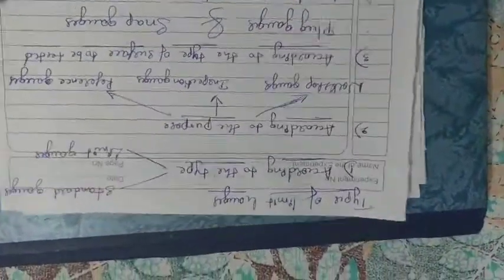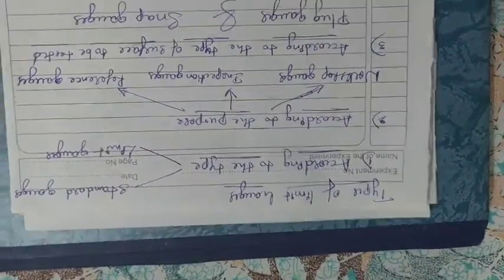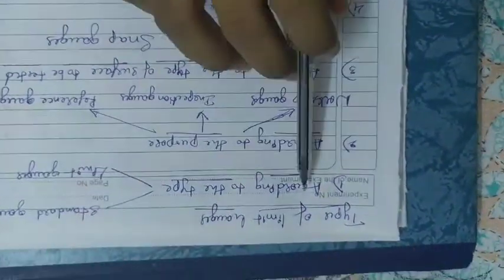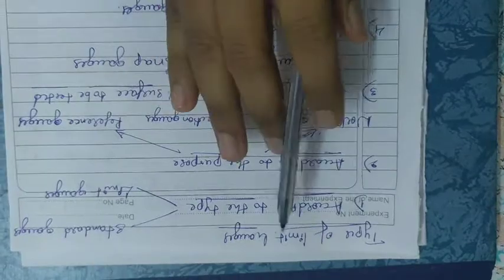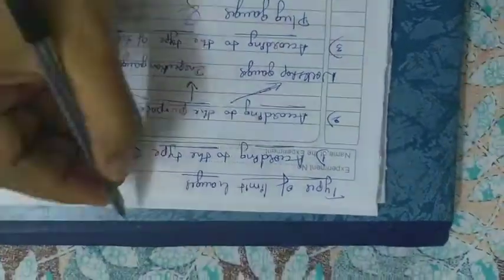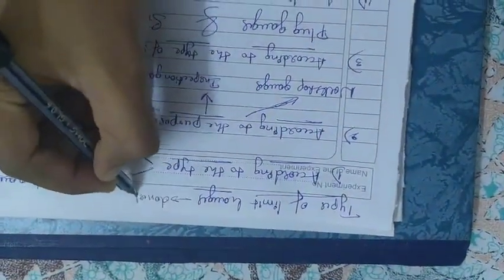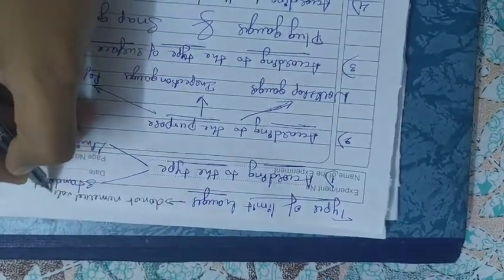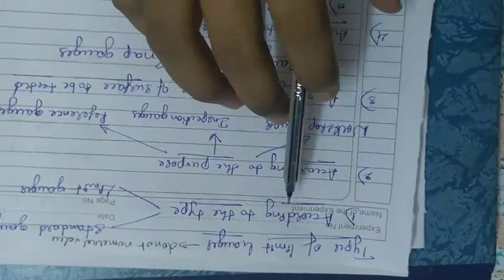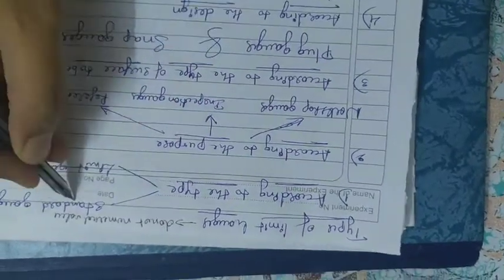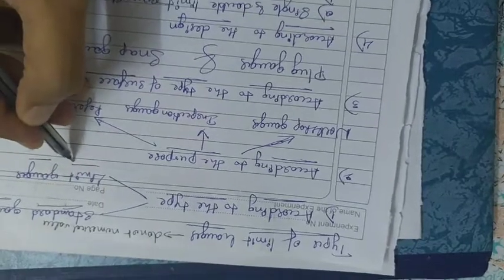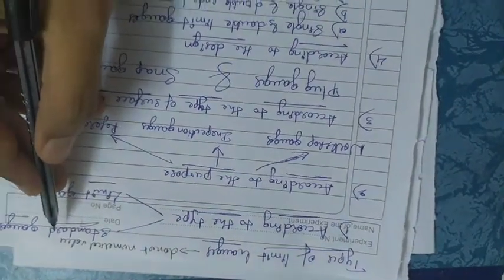Now I will explain what are the types of the limit gauges. Limit gauges are nothing but what, they do not indicate any numerical value. Yes, they do not indicate a numerical value. So based on this, according to the type, we have two types. One is the standard gauge and the other is the limit gauge. Limit gauges I am explaining now, then you will come to know what is meant by standard gauges.